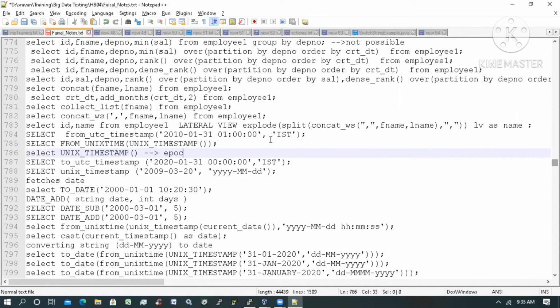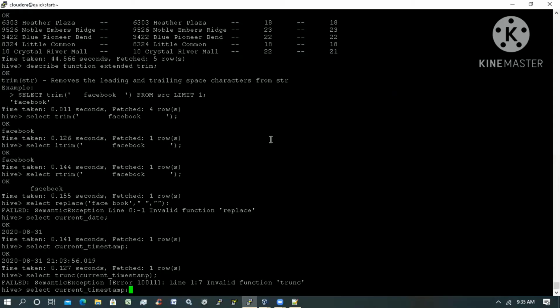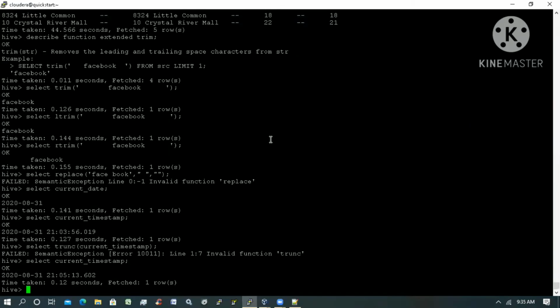Epoch format means seconds. From 1970-01-01 onwards, to till date, how many seconds are there? That seconds it will give. Unix timestamp will give it.